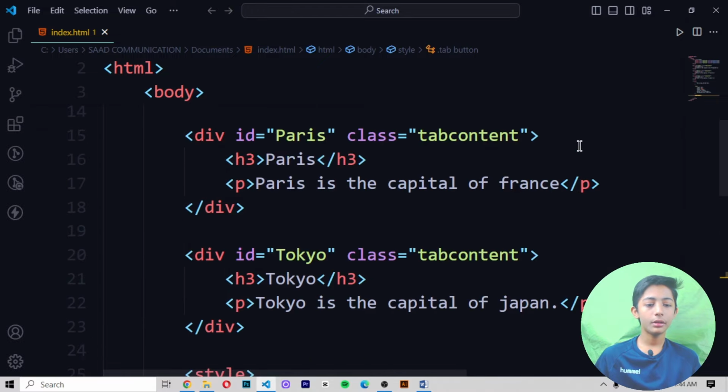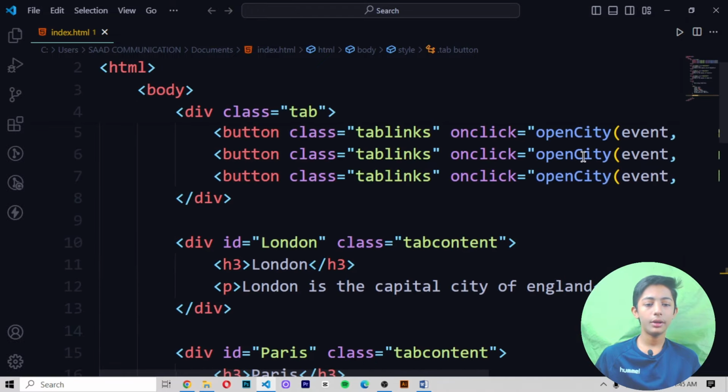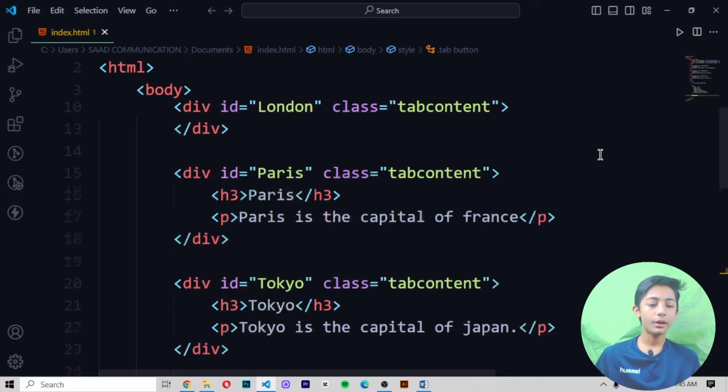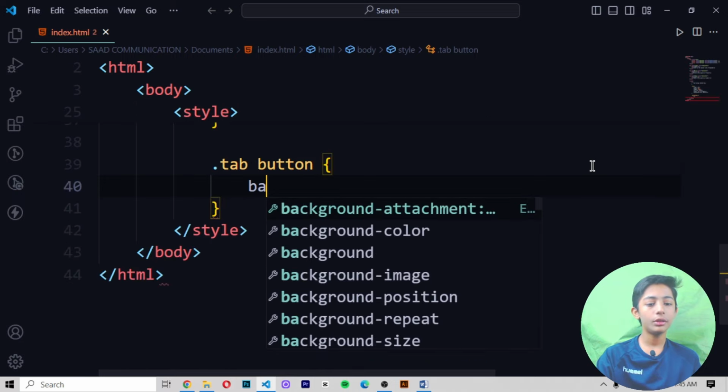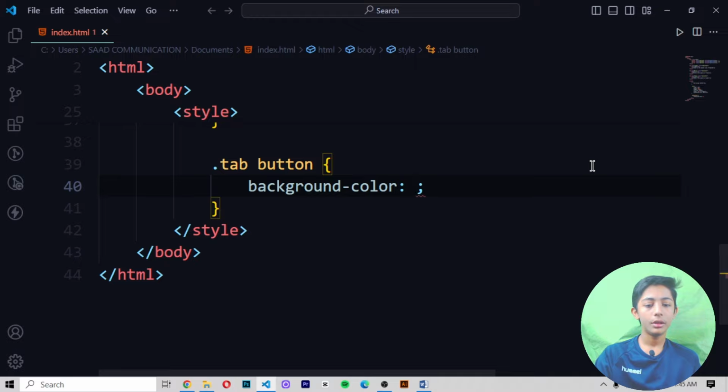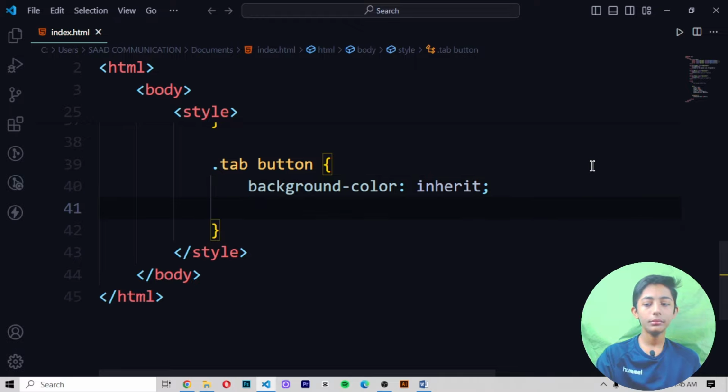Now let me come on it here and tab button, where I define a tab button. Okay, perfect. Now here you want to do this only right here, background color. So we inherit, then